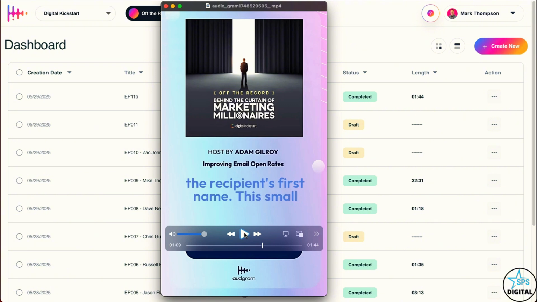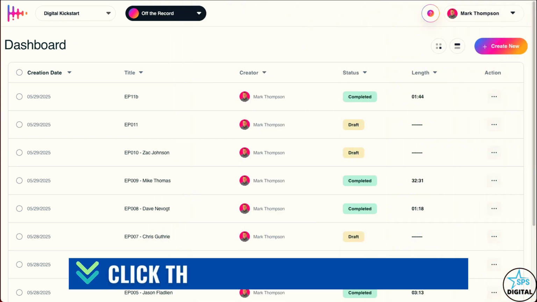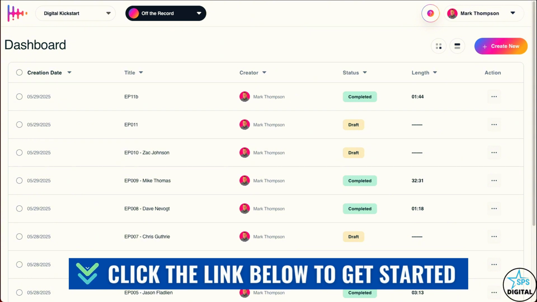All right, so I'm not going to play the whole thing, but as you can hear, we had the intro that played at the very beginning, and then we had the actual audiogram with the caption showing, and then it highlighted it. So really cool, guys. It's super easy to use and very accurate. As you can hear, it sounded like a realistic voice. And as I said, the cloned voice feature just takes it to the next level. So that is